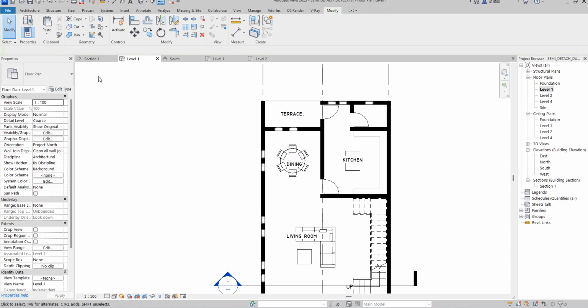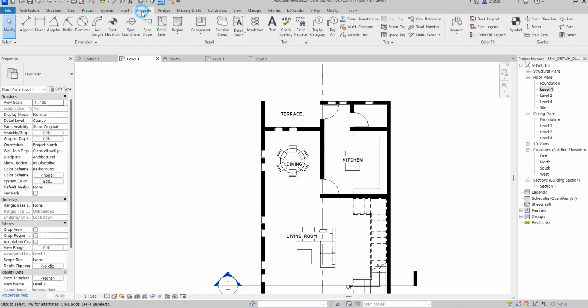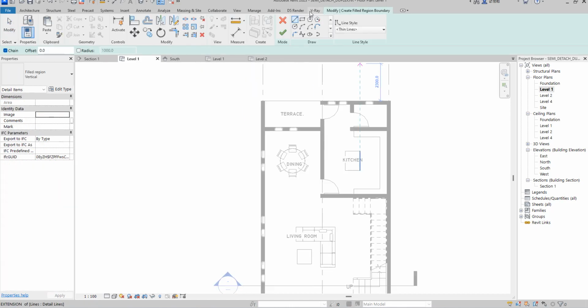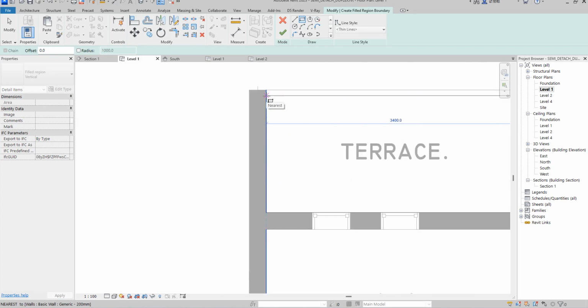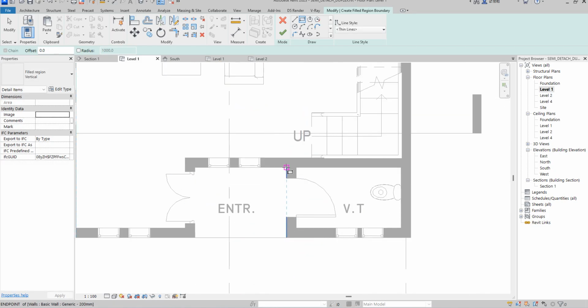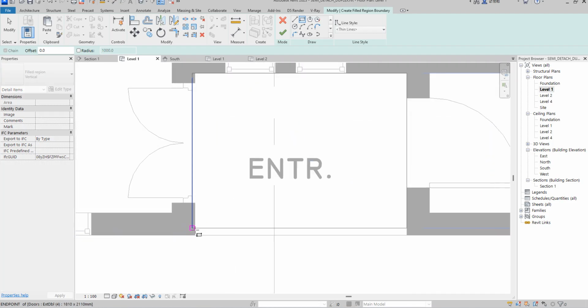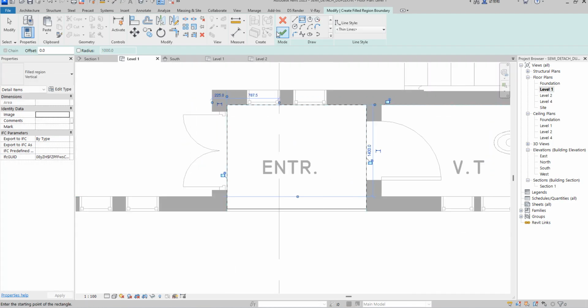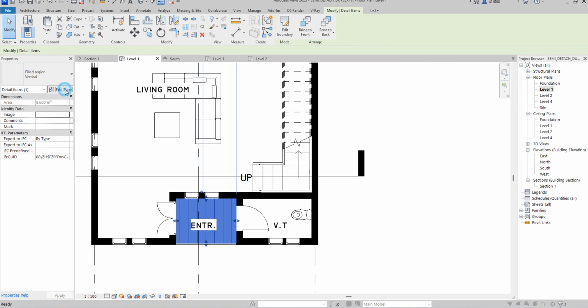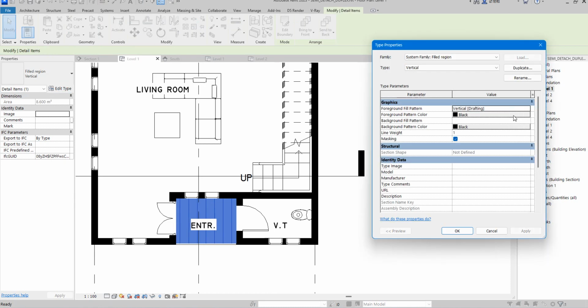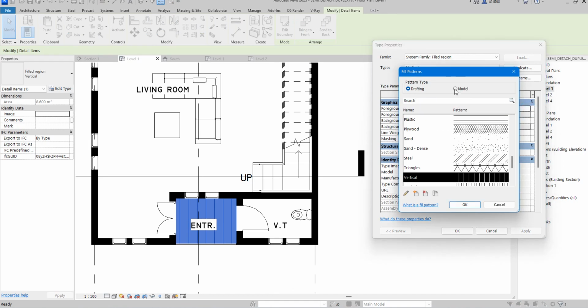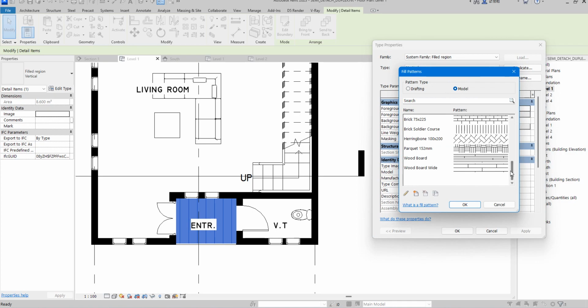Now what is this thing that I need to do? What I need now is to say annotate, then from here region, so fill the region here. I want to create a hatch area for this, and I use the same for this one. I will click finish. So I'm changing the pattern here now. The pattern is going to be changed by clicking on the fill pattern. So I'm going to use model. So here I want to use